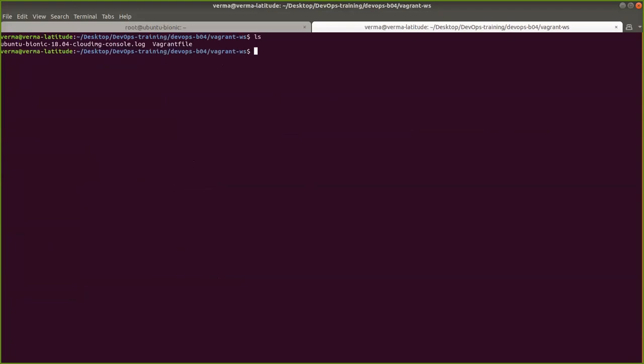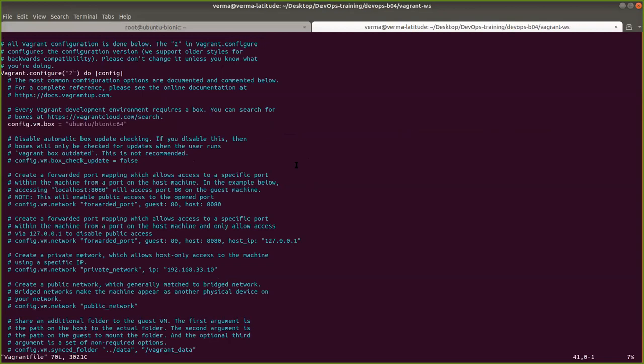Okay, so here my Vagrantfile is there, so I'm going to open it in the vi editor and modify one thing to get the IP address. Right now you can see the private IP here, right? I just enabled this IP. Okay, so I'm just copying this. If I copy this IP